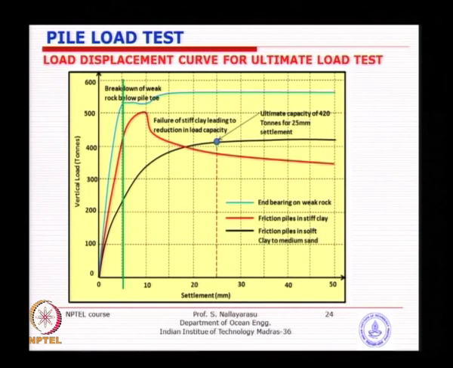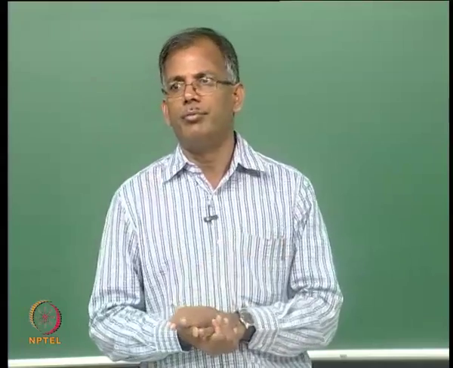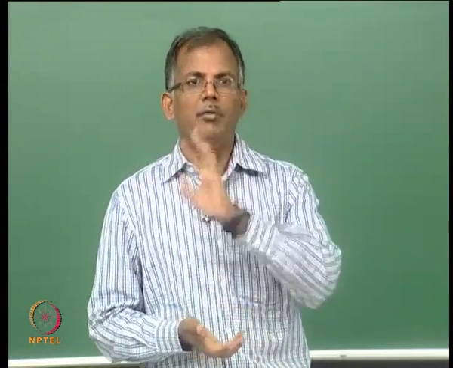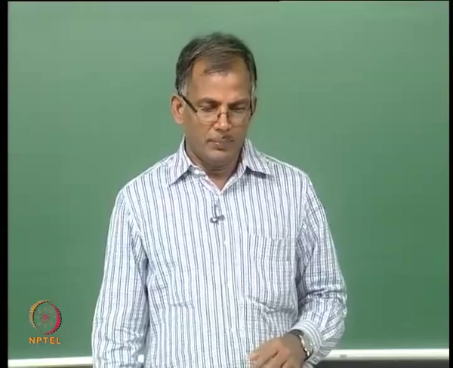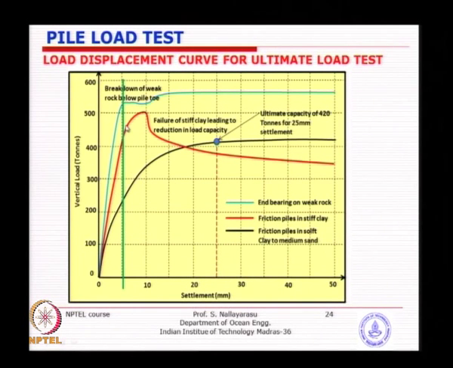So that is the idea behind construction of this diagram, just to make sure that the TZ graph you have made is reflected here, and if you get a representative value from here, that will be realistic because this is based on a test, whereas the other one is based on historical data and empirical methods. So you see here in this particular one, the ultimate capacity at 25 mm settlement is taken as 425 tons. Though it is highly nonlinear, some amount of plastic deformation has happened compared to when you go to the blue.